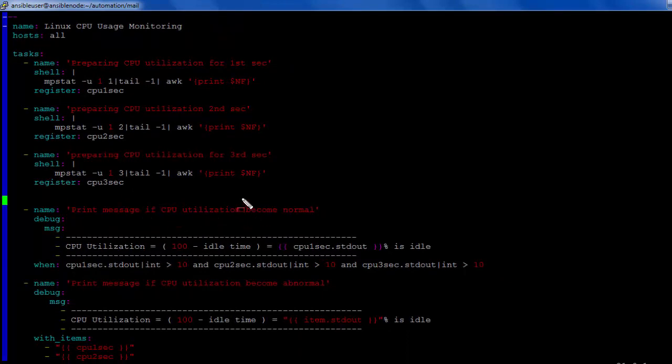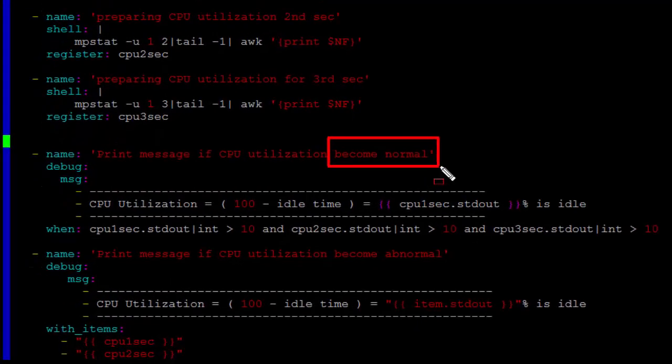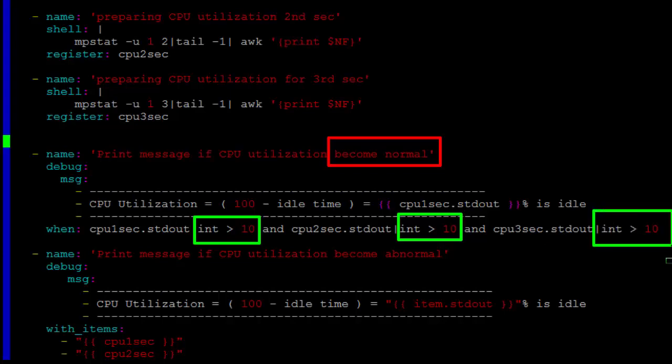Now I am going to apply the condition to print a message if the CPU utilization becomes normal, which means the CPU utilization never reached 90% for all the 3 intervals. You can see the condition: when the CPU first second is greater than 10, the same for the CPU second result greater than 10, and the CPU third second greater than 10, which means all the 3 intervals.